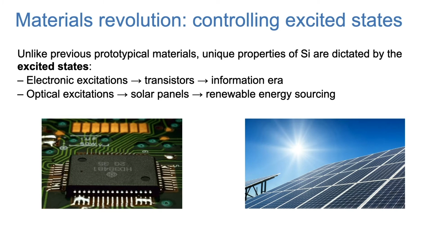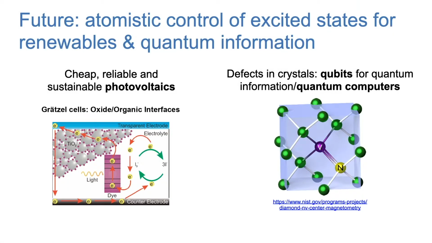Unlike, say, steel or plastics, we're less interested in how silicon behaves structurally, but rather when it's perturbed or excited. For instance, controlling and understanding electronic excitation in silicon has allowed us to design transistors that have shaped our current information era. And similarly, engineering optical response in silicon has allowed us to generate efficient and inexpensive solar panels for renewable energy sourcing. The future will likely accelerate this trend, where advances in nanoscience will allow us to design novel